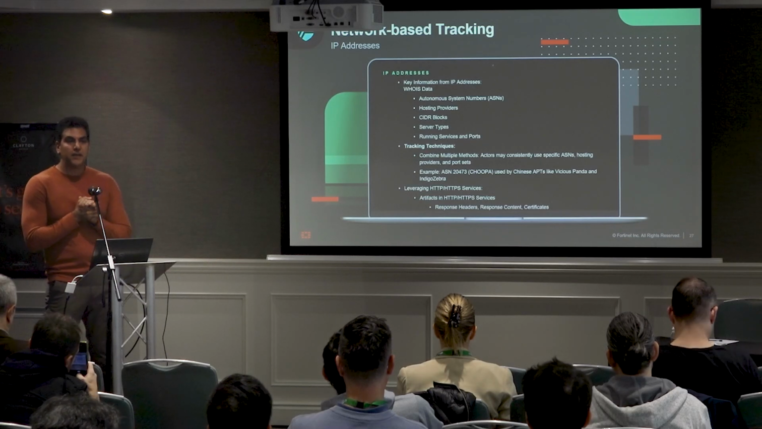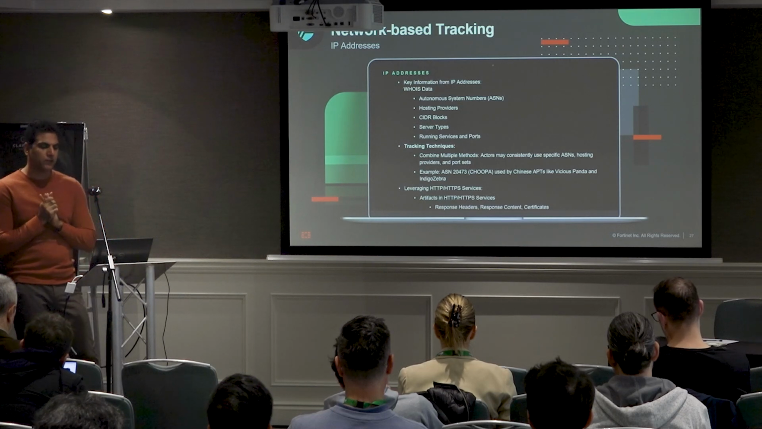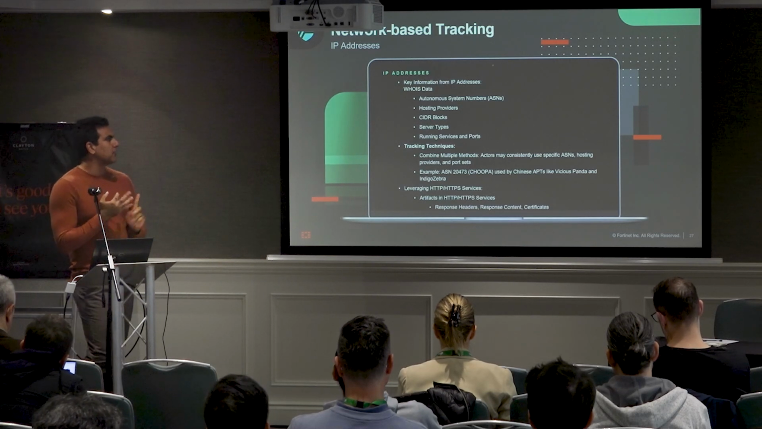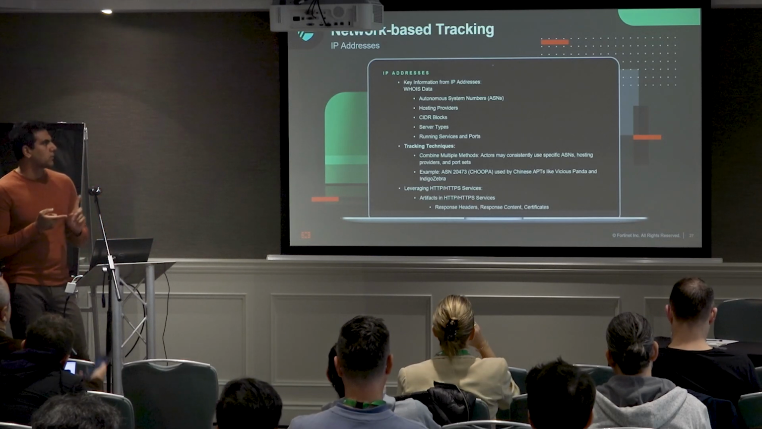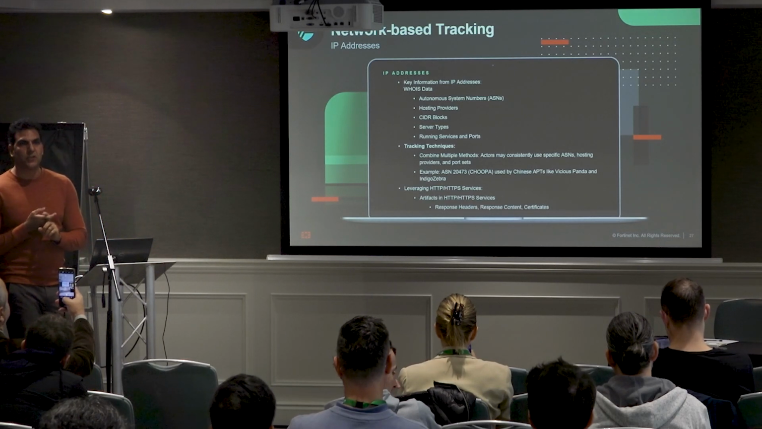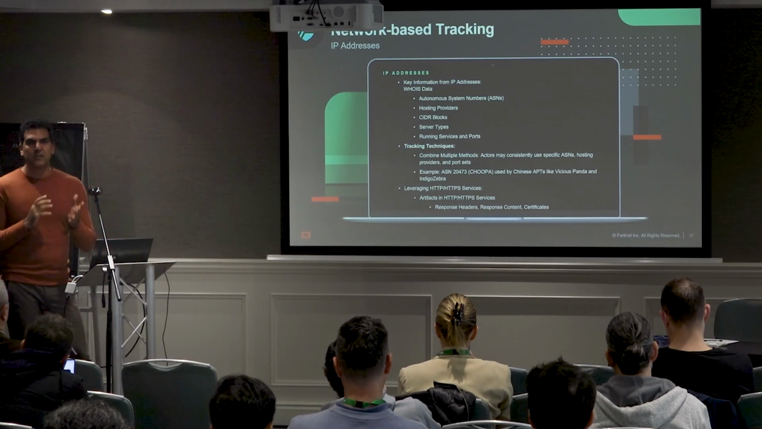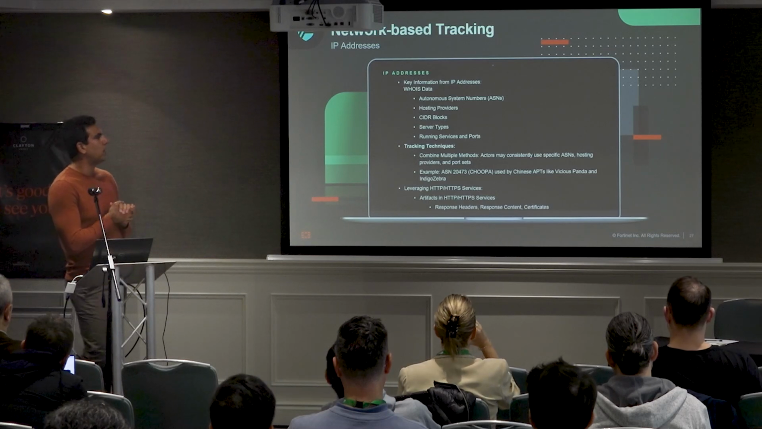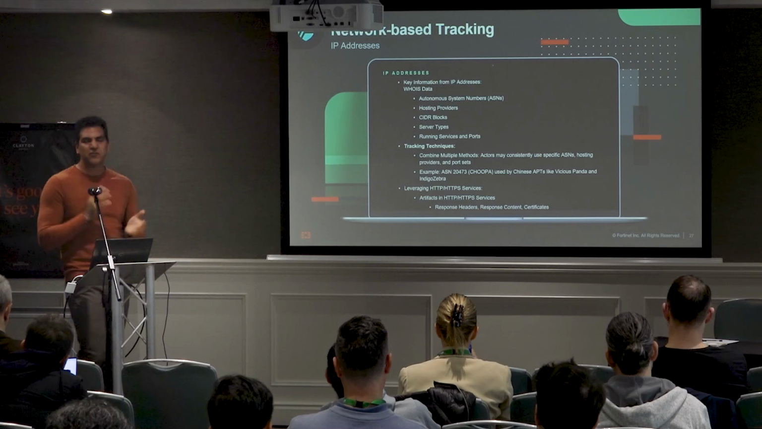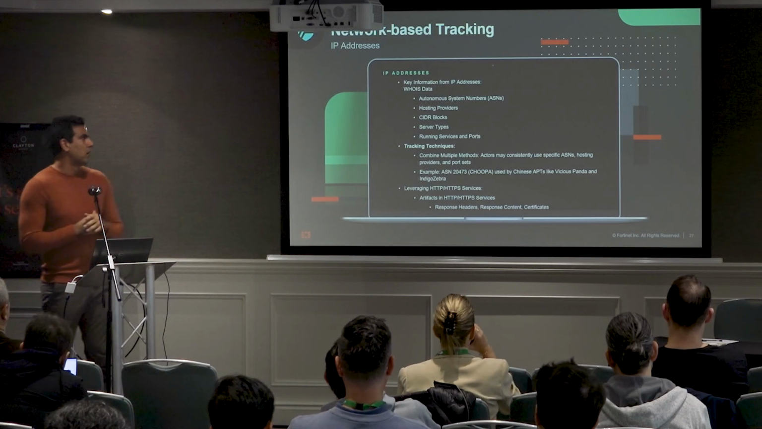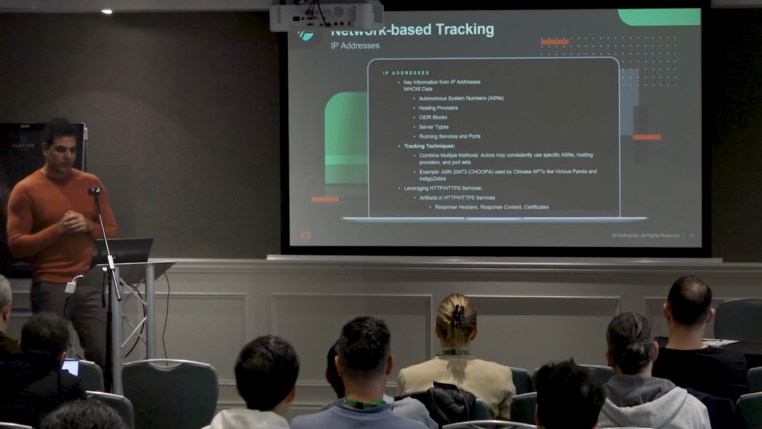IP address metadata can also provide useful information to help track threat actors, such as ASNs, hosting providers, CIDR blocks, server types, running services, and ports. Usually you need to use a combination of this metadata together to have reliable tracking. For example, some threat actors are known to use a specific ASN, hosting provider, and run a specific